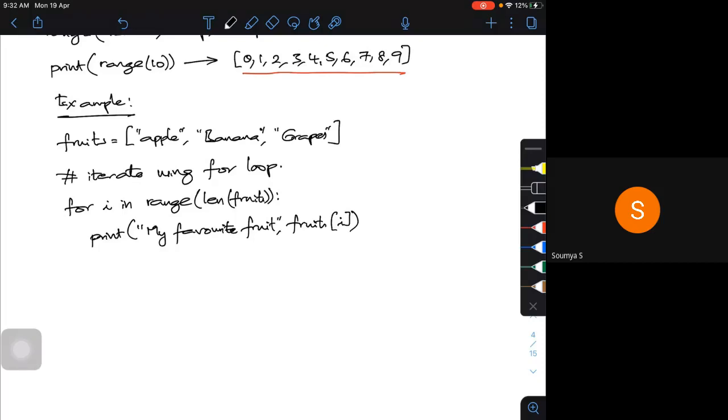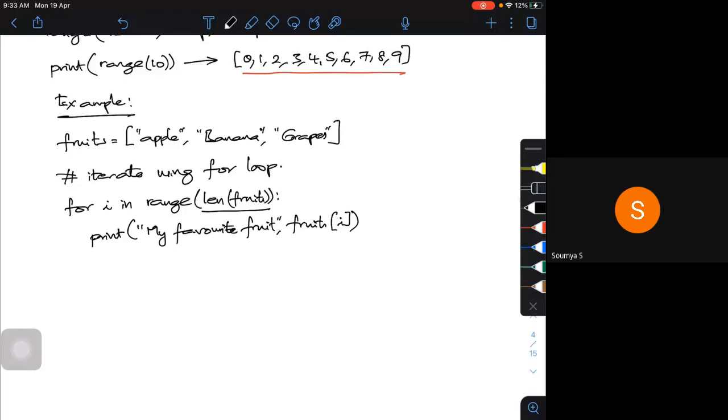Because here I am not giving any other condition, for some value of i varying over the whole range, from 0 to this particular thing. I'm using the range function for the loop to iterate through a sequence of numbers. I'm trying to combine it with the length option.